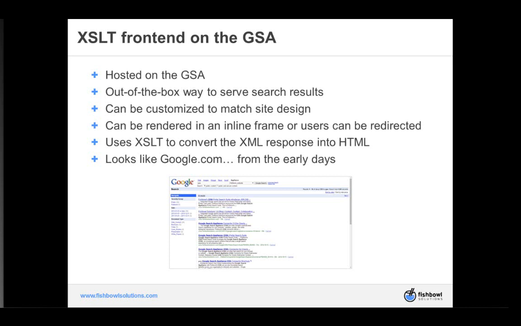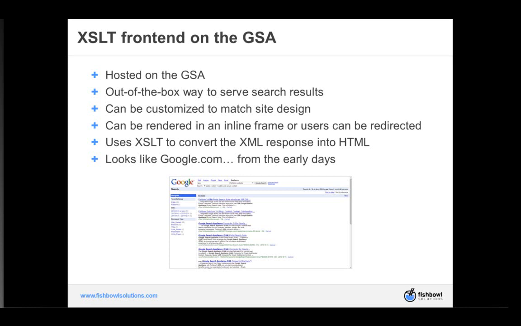portal? In that case, what's often done is you can render this either as an iframe in your portal, where someone's searching against the GSA but they're inside the portal context, or you can have a search box on, say, the header, and when someone types in a search term, it's going to redirect them with that term to the GSA itself and display the search results. So at that point, it's taking them out of the portal to the GSA. This approach